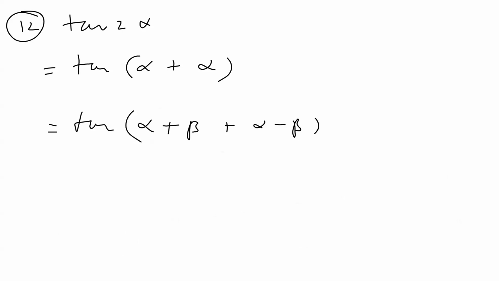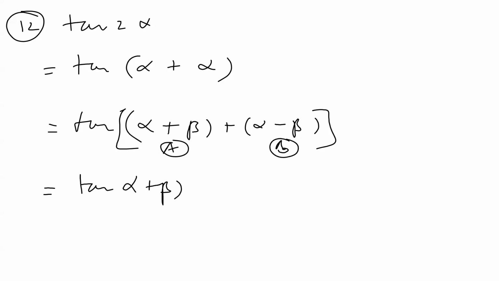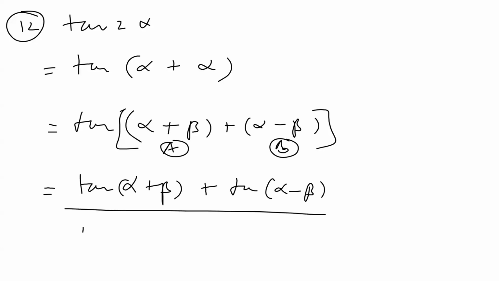So this is what we have got, which is equal to, let this be A, let this be B, tan A plus tan B upon 1 minus tan A tan B. Now sin alpha plus beta